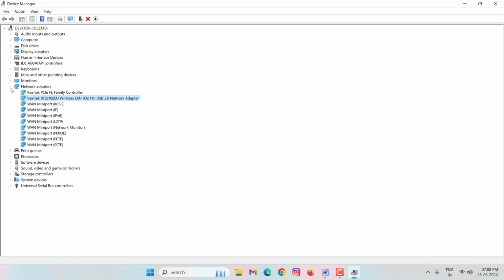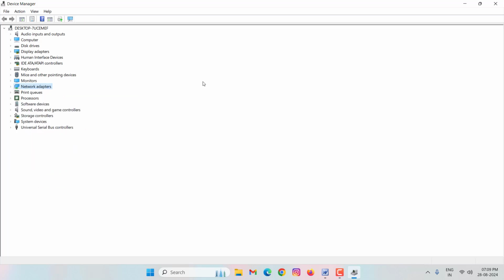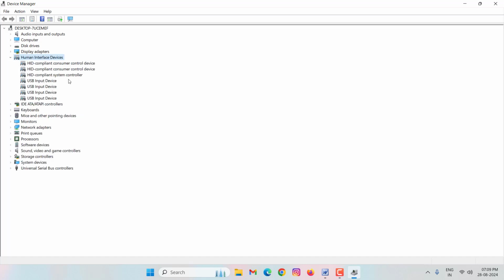After doing this, double click on Human Interface Devices, then right click on System Controller, then click on Disable Device. After doing this, close this window,